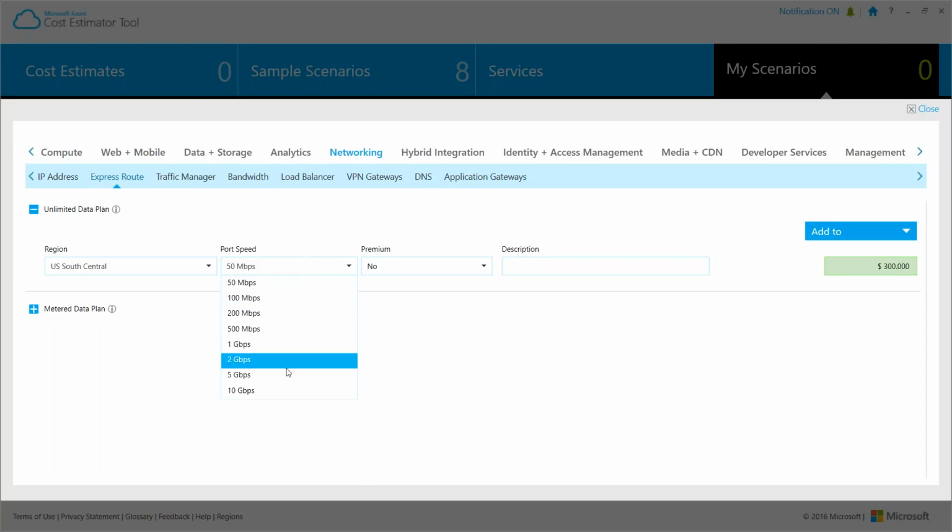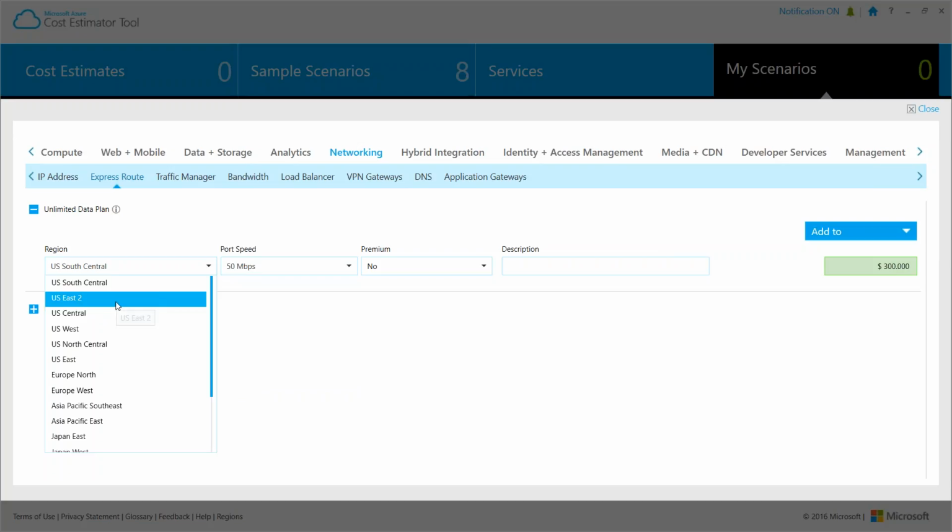In the Express Route services, we can choose a number of options. Express Route basically connects people directly to Microsoft's data center. I don't know if any of you are familiar with what old circuits used to cost. They used to cost hundreds of thousands of dollars per month. Even the highest service here at 10 gigabytes is only like $8,000. Well, I don't think it's 8,000, it's a little bit more than that. Let me show you some prices for this.